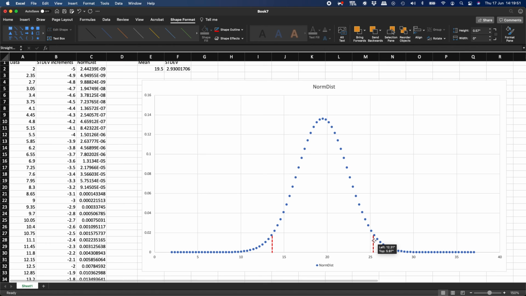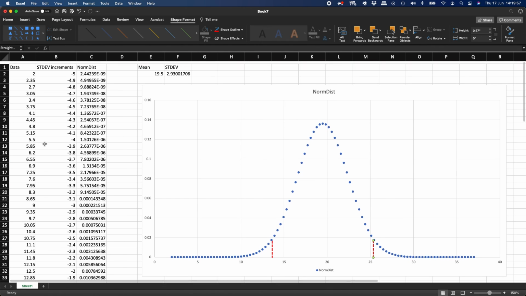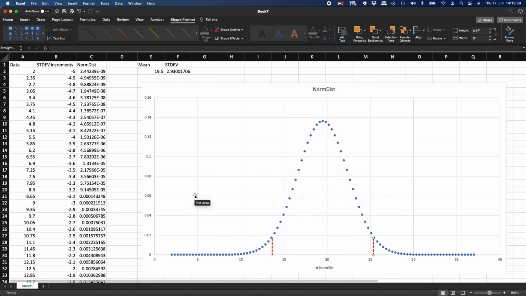So everything that is inside these two lines is approximately 95%, as you can see. So we proved with this that the normal distribution bell curve, by making these calculations, is proving that 95% of the values are in there, and it is proving that the behavior is stable because the numbers are stable. In another topic, we will see the case where we don't have that many numbers or we have less than 50. But this is how to create the normal distribution bell curve